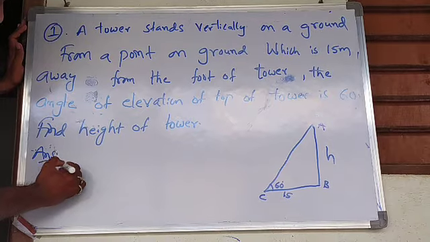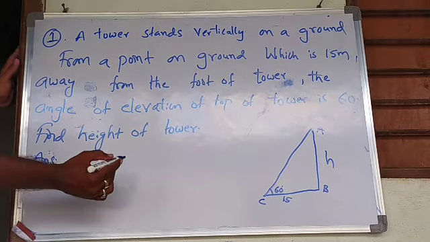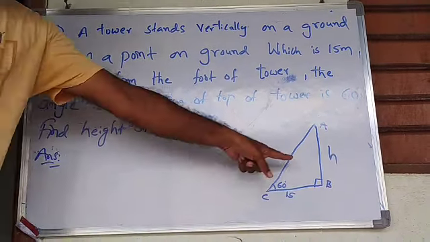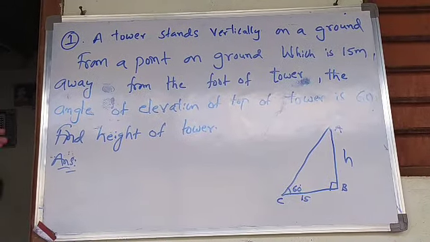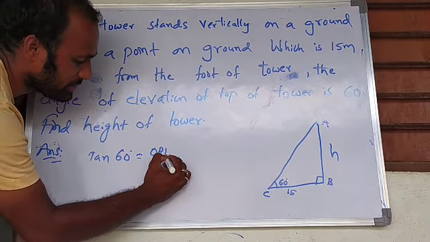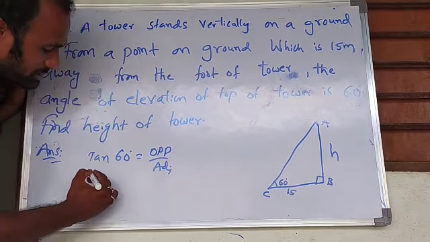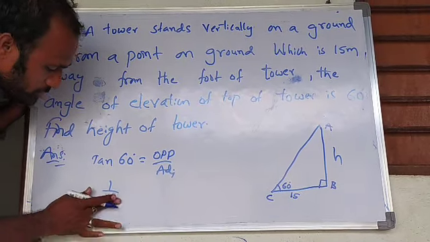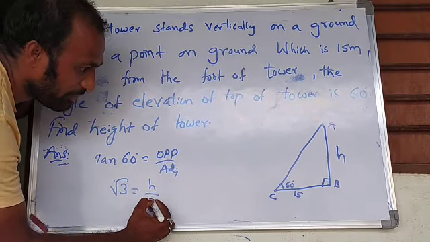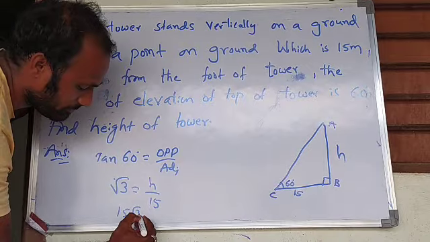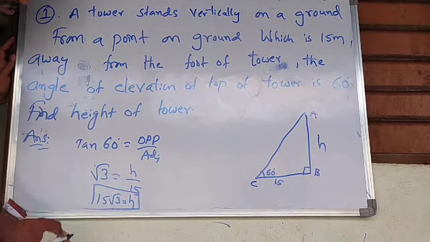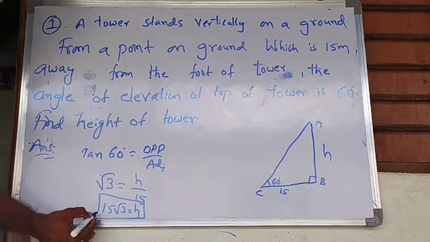So in order to find that height, we know that a right angle triangle is formed. So we know the opposite side and adjacent side, so we can use tan directly. So tan 60 is opposite by adjacent. Tan 60 value is, sorry, tan 60 is root 3, which is equal to the opposite side h by 15. So the answer is 15 root 3. So this is the height of the tower. We can write root 3 value as 1.73 also. If we keep it up to here also, it's not a problem.